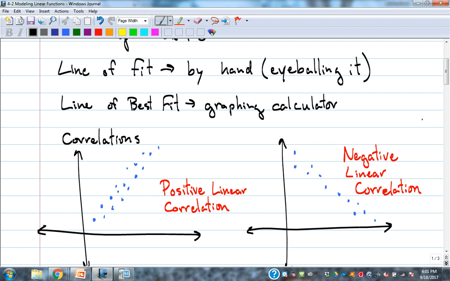One on the right, same kind of idea. We've got all these dots here representing ordered pairs, and they follow a kind of linear path all together. Nobody's on exactly the same path, but there are several that would be close, and they fall from left to right. So they're going down from left to right, and that would be a negative slope, thus a negative linear correlation. So the slope and the correlation go together. We have a positive slope up and to the right, and a negative slope down and to the right, and then